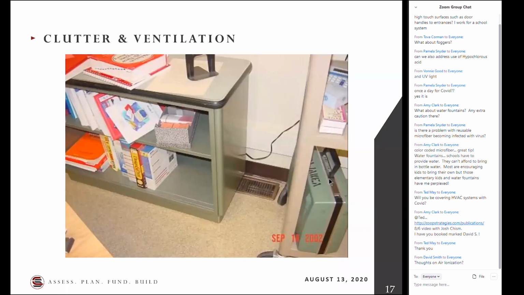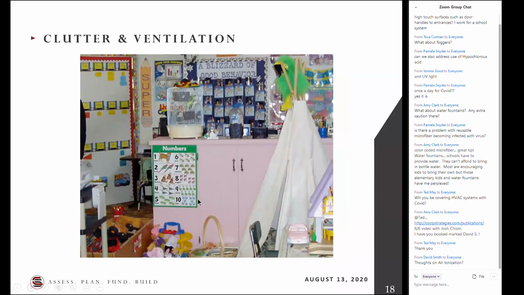Then you see things like they've blocked a heating and air conditioning vent unintentionally because there's crowding and clutter, and that's always a huge problem. People do that, or they'll block returns. And then the last two pictures,